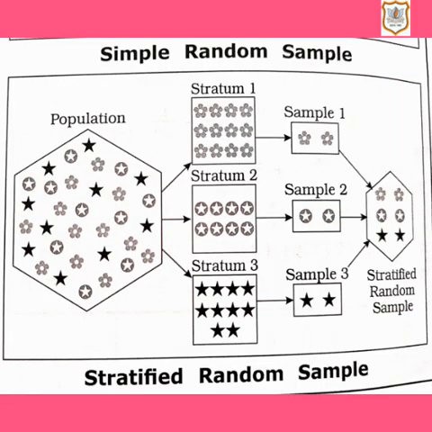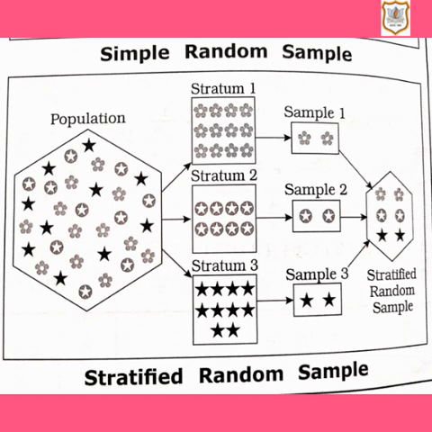Second is stratified random sampling. When the population is heterogeneous, it is first divided into different strata of homogeneous nature. A random sample is independently drawn from each stratum and random samples so obtained from all strata are combined to get a sample called a stratified random sample, and the method of selecting such a sample is called stratified random sampling. This is convenient when the population is heterogeneous.